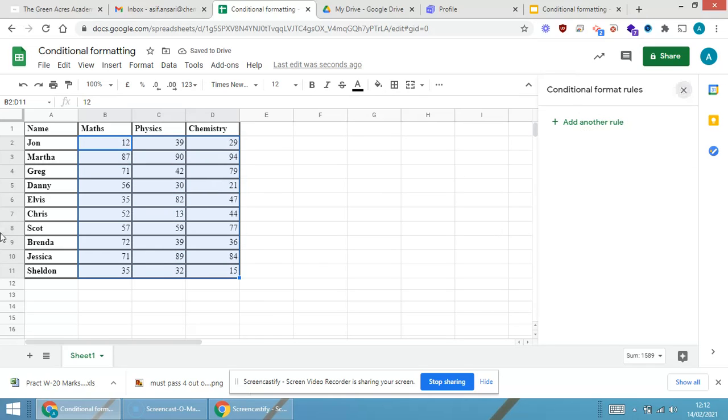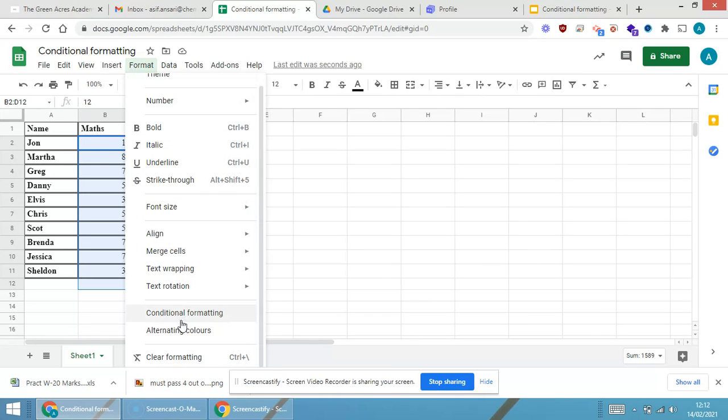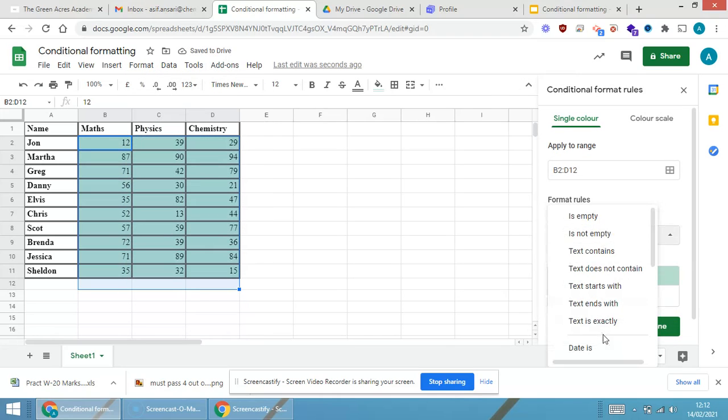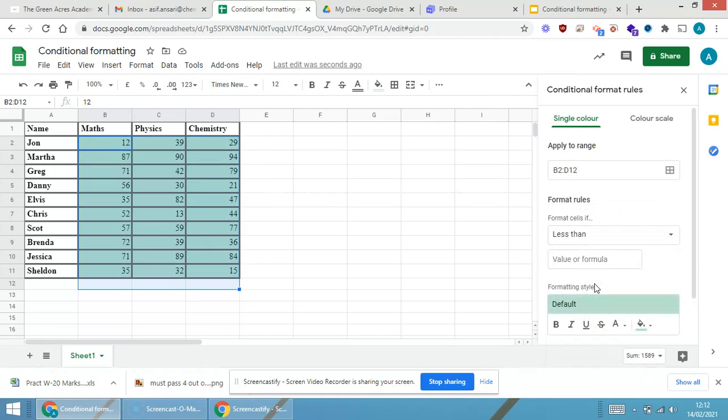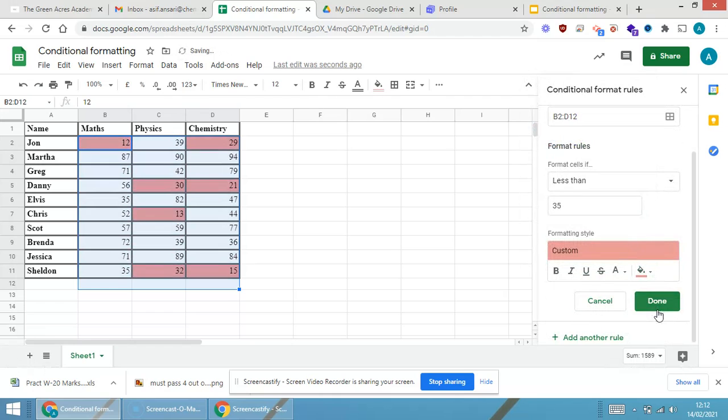One more time, a very quick glance, select all the cell first, format cell, conditional formatting. If cell value is less than 35, select the color, click on done.